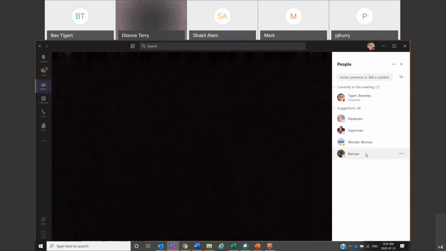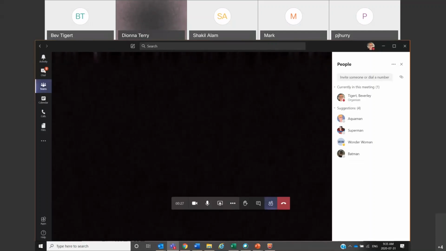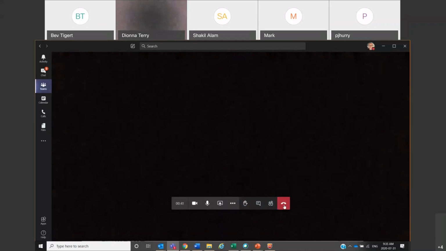So this is a really good way. And then of course what they're seeing on their end. What Wonder Woman is seeing on her end, in this channel, is a block that comes out in purple. It has an icon with a video that says, let's meet now. You can see on my screen here, all of the toolbars are the same as any other meeting. If I wanted to add other people to this, I could, and they could join. So I'm just going to close that down.